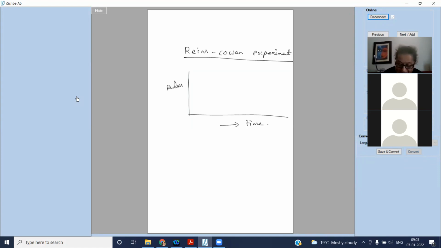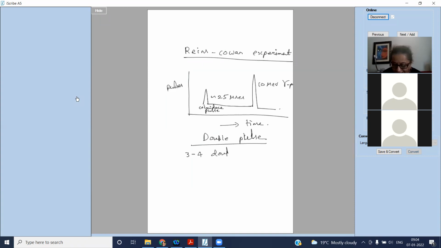So if I do that, I do find one double pulse, and then it is a coincidence pulse. Something like 25 microseconds, up to 25 microseconds gap, you do find another pulse. This is a 10 MeV gamma pulse, corresponding to a 10 MeV gamma ray. This is what is called a double pulse, the famous double pulse in the neutrino experiment. I had told you, something like 3 to 4 double pulses were recorded